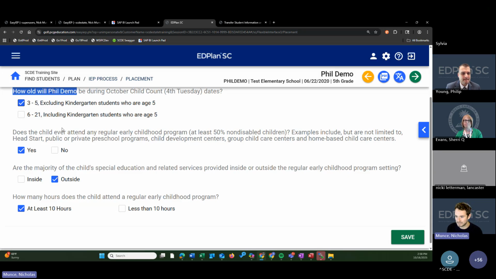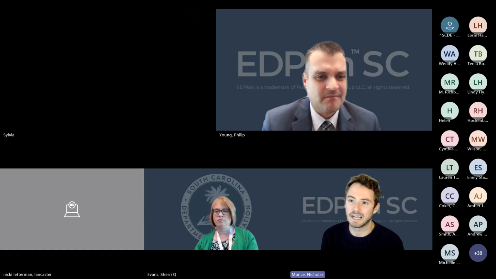And then the last thing: if the ticket says Table 4 or exit table in the name, it gets directly routed to a special spot in Zendesk. Or if it says child count or Table 1 and 3 in the title, it'll get routed to a special spot that gets picked up more quickly. So please continue to put those in the title of your tickets and review the updated Zendesk articles as you go through.